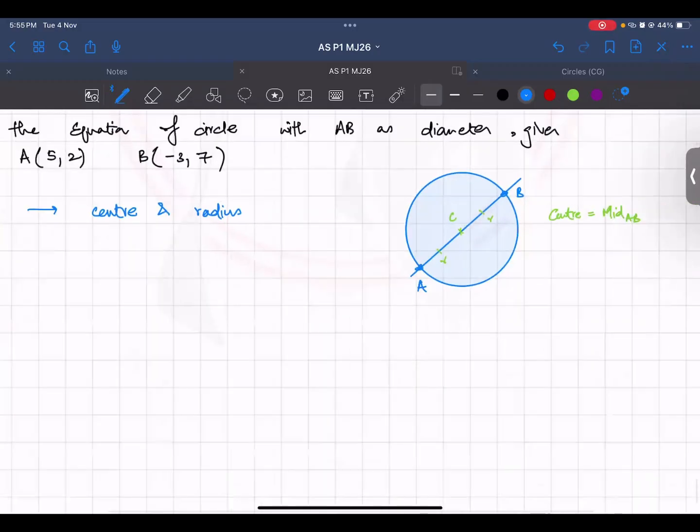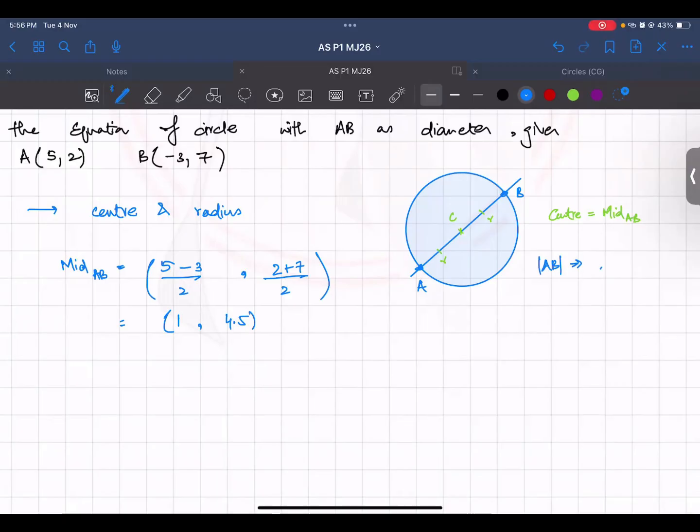So midpoint, we know a simple formula. We have done it in O level as well. We add the x's divided by 2. We add the y's divided by 2. So (5 minus 3) upon 2 and (2 plus 7) upon 2. So you will get (1, 4.5). This is the center. And then to find the radius, you can find the distance between A and B, which is the diameter,